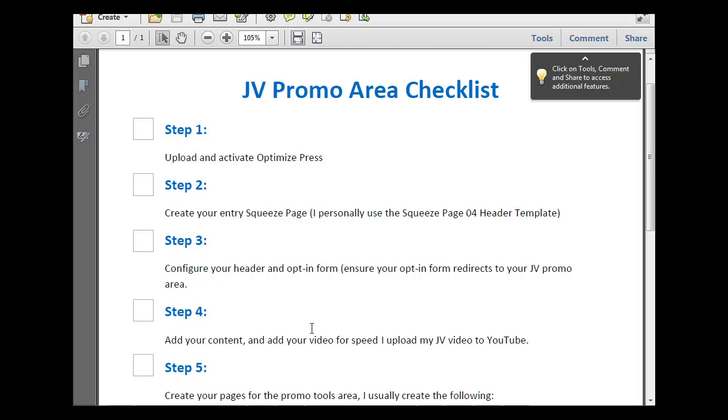I'll give you a copy of this checklist as well, so you can follow along as you're doing yours for your products, because you do need a nice looking JV area, especially if you're just starting out. It shows that you know what you're doing. It shows that when you see nice flashy graphics, you know the product's going to be quality. That's my personal perception,